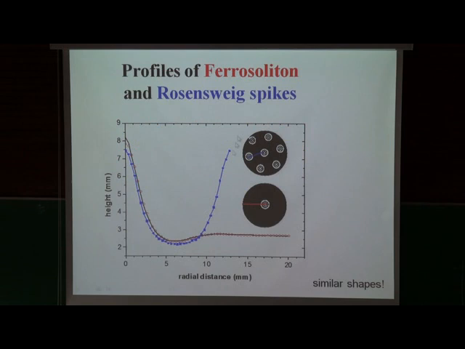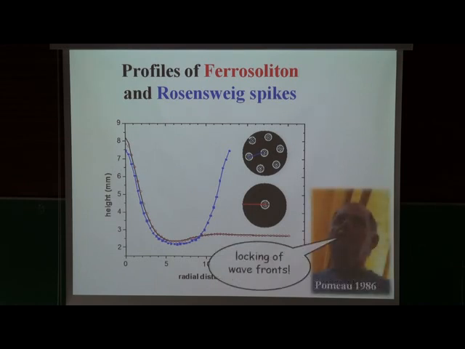Well, here you see some height lines of a regular standard pattern from the X-rays, and you see that we make a curve profile from one peak to another. This is this blue line here. And the red line is a cross-section from something we call a ferrosoliton or localized spike. And you see that these profiles are very similar to each other. And there has been a prediction, or actually a conjecture more or less, by Pomeau. And he said in an article in 1986 that if you have a